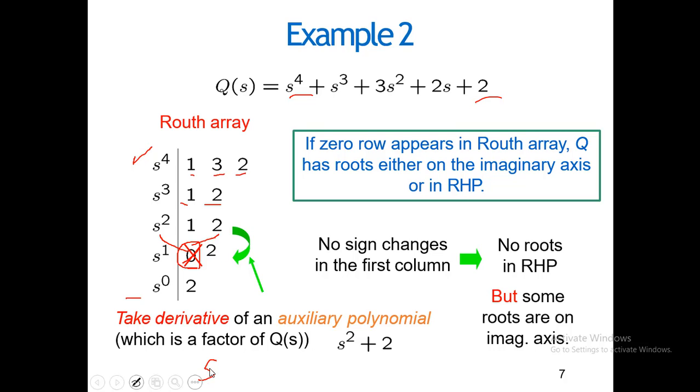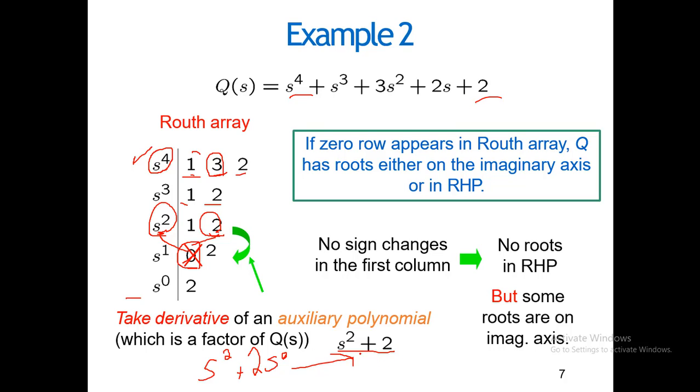The appropriate method is basically you have s square plus s power 0, and with that s power 0 you have to write the value. If this is s square, the next will be s power 0, because similarly you see that the coefficient of s4 was 1, and the coefficient of s2 was 3, so there is a gap of 1. Similarly, if this is s2, this will be s power 0, and this is multiplied by 2. So s power 0 turns out to be 2. So this came from this equation, s square plus 2.